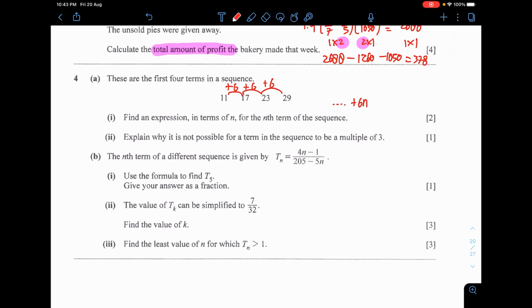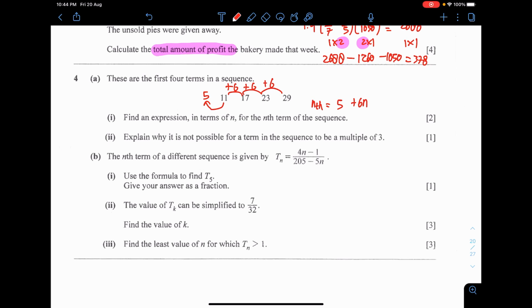Now there is a number before this. To find this number, you step back 1 time from your very first term, and you minus it by 6. Therefore, you'll get a 5 here. Of course, 5 is actually not part of the sequence, but that is what I need to put in here, such that I get the nth term formula of the sequence. So remember this, plus by 6n for the jumps, and then you find out the term before the first term, 0 term if you may. And yeah, that's the formula.